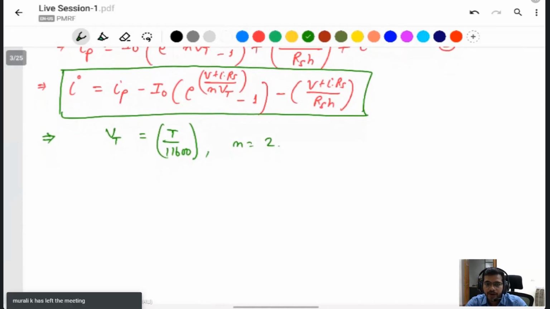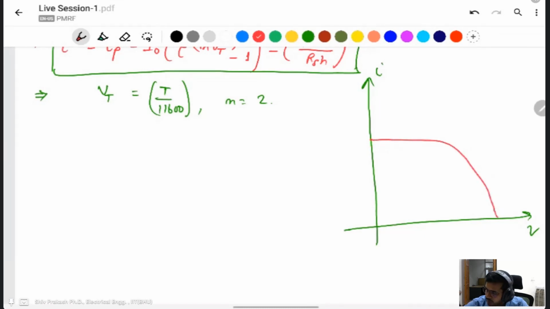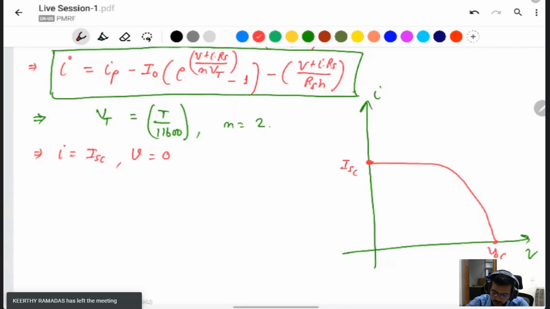Okay, if you want to find the short circuit current and open circuit voltage for the solar system, for any cell, this one is the voltage and current characteristic. This one is the open circuit voltage, short circuit current. Then how do you find the open circuit voltage and short circuit current of the whole cell? At the ISC point, voltage is equal to 0, then current is equal to short circuit current. We put all the voltage and current values in equation three, and you can find